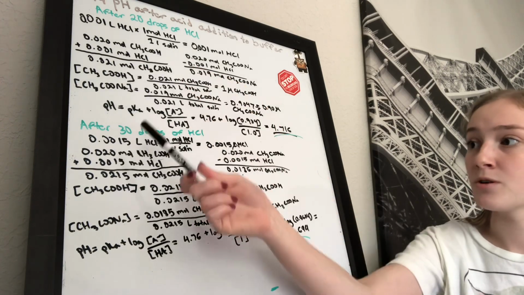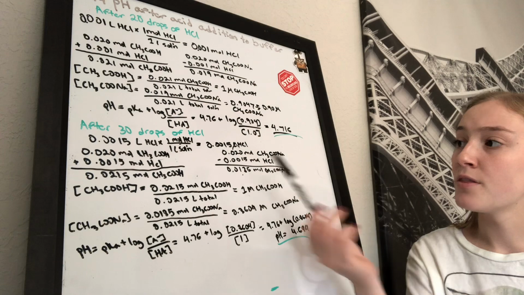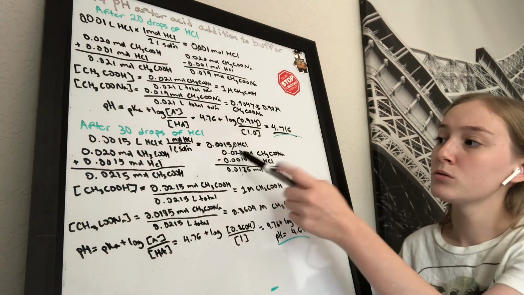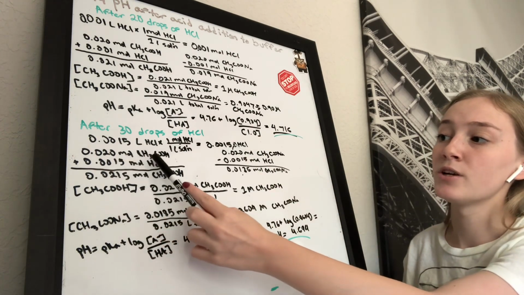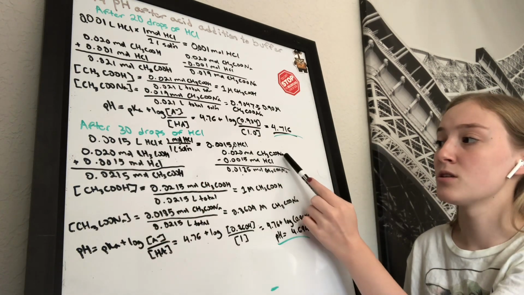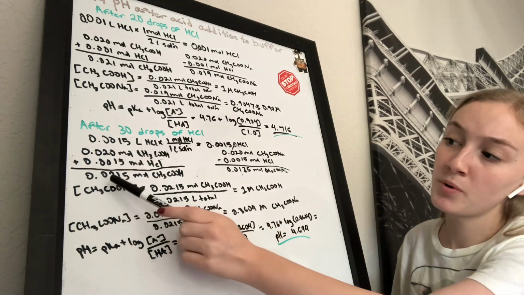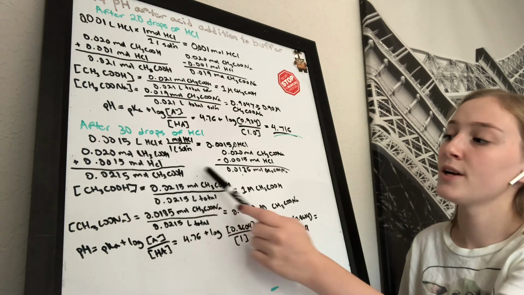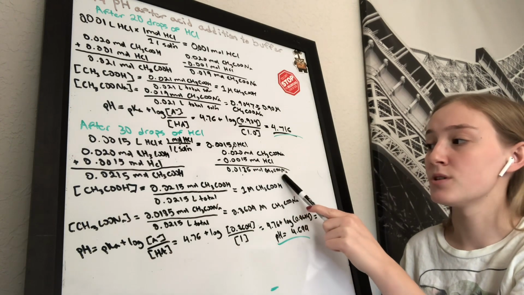Now for after 30 drops of HCl, you're just going to add 0.0005 to that one because it's obviously more liquid you're using. And then we're going to put that into moles of HCl. You're going to add that to the moles of CH3COOH and then subtract it from the moles of CH3COONa, and you get